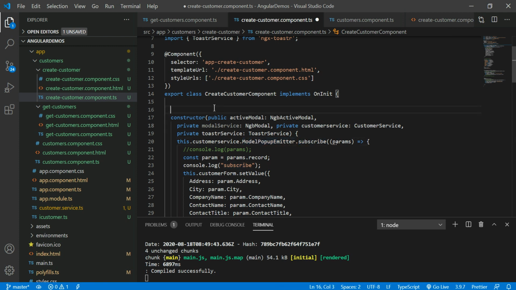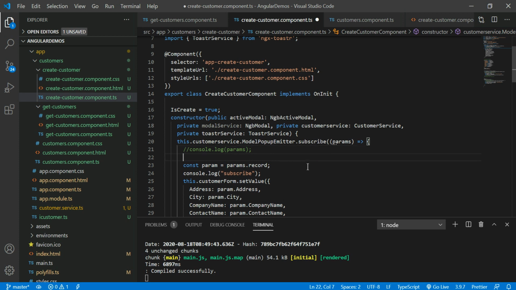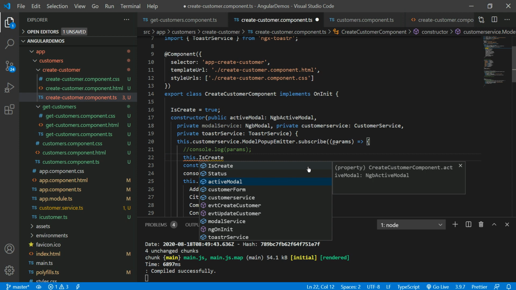So let me create one local boolean property, isCreate, which should be false. Whenever that modal pop-up comes from the update button, it should be false.